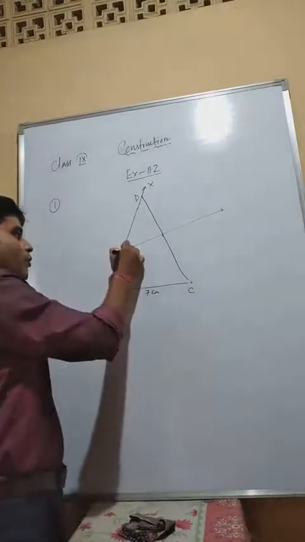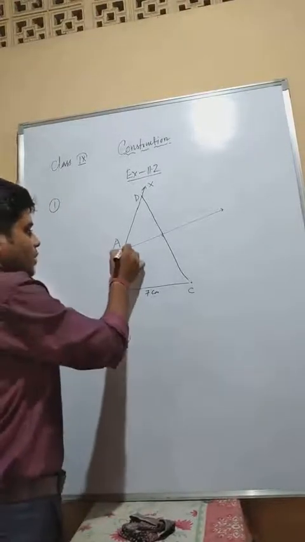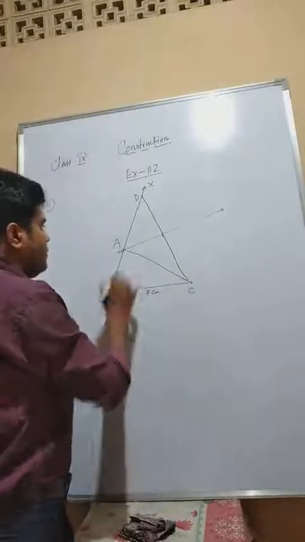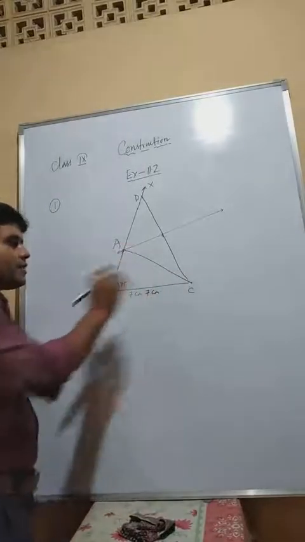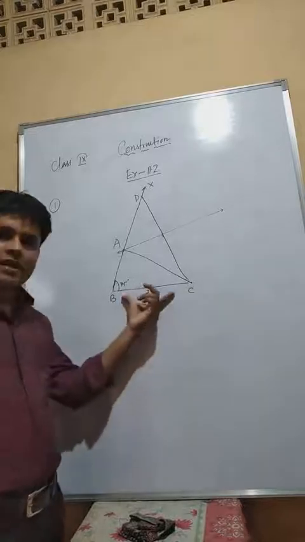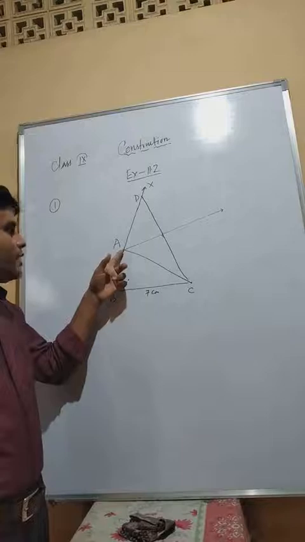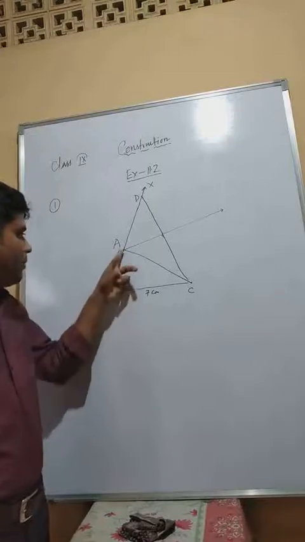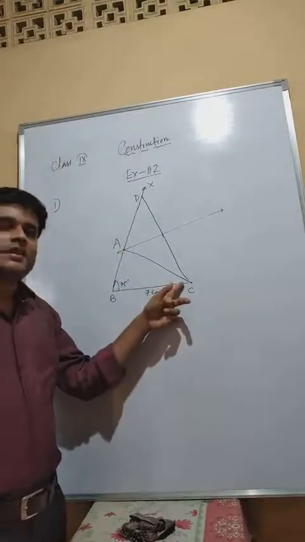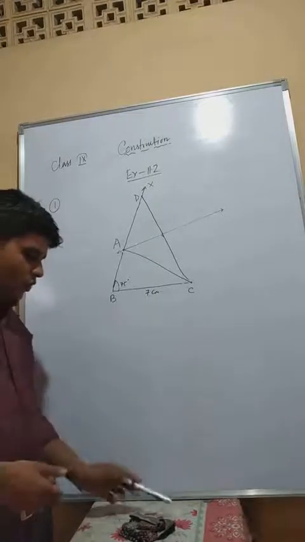Now you have got one point here. So this point is your A point. Join A, C. So this is your ABC, the required triangle, in which BC is 7 centimeter, this angle is 75 degree, A point is here, and the sum of this one plus this one is 13 centimeter. So this way you have to draw.